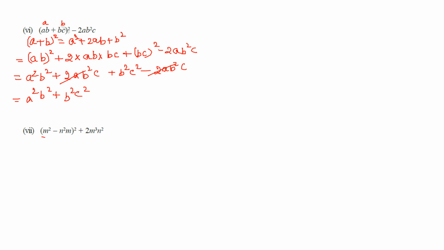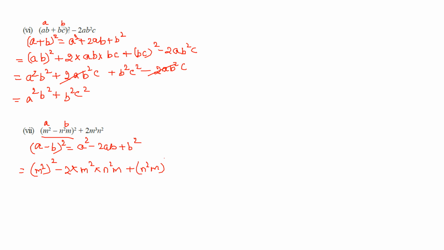So here I can use (a minus b) whole square. So (a minus b) whole square will give me a square minus 2ab plus b square. So here your a is m square and b is n square m. So let's use the identity. So a square means (m square) whole square minus 2 into m square into n square m plus (n square m) whole square